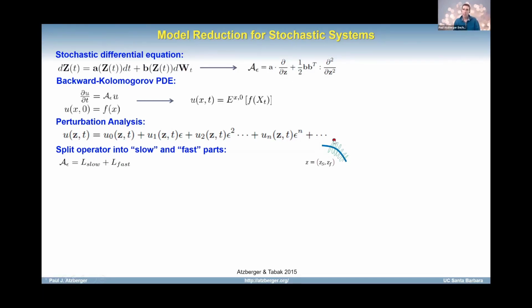And so you can think about a system that may oscillate, for example, very rapidly around this blue set of states. So if I know where I am on the blue curve, as long as I don't move too much, and this diffusion in the perpendicular direction can be averaged over, I should be able to derive some type of PDE that just describes how the state evolves along the blue curve here.